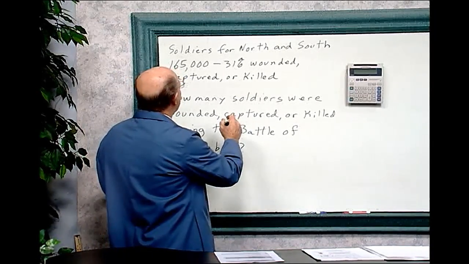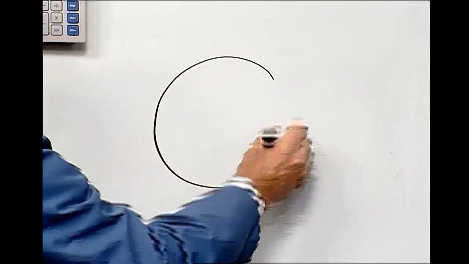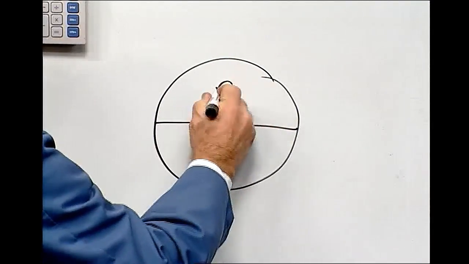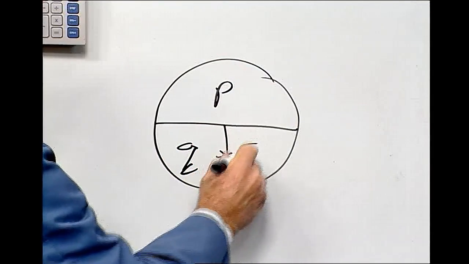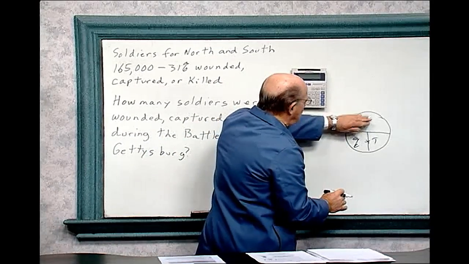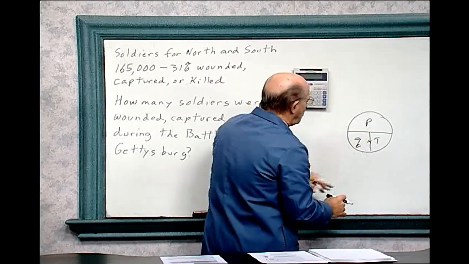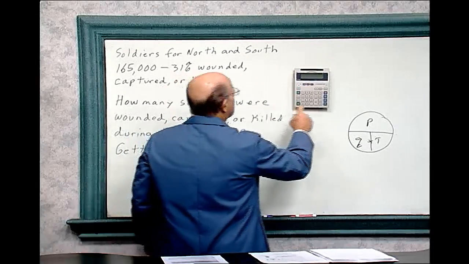And so what we have to do is multiply, and that's that chart again. Part over percent times total. And so we're just going to cover this up because we're not interested in the part. We want to know the percentage of that total. And so what we have to do then in the calculator is multiply